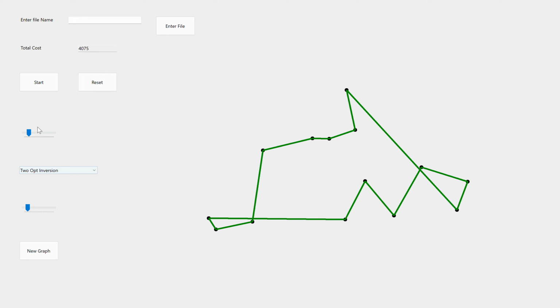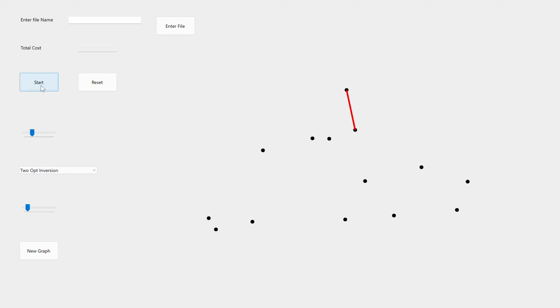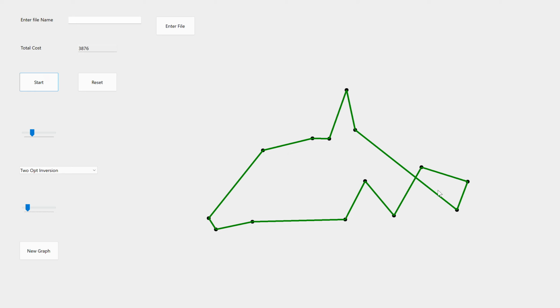So if we run tilt inversion, we're going to see that it's going to have, oh wait, it hasn't got rid of this. It hasn't found a better solution, but it has rearranged the root over here and made that a lot nicer. The reason why it doesn't always fix some of these crossings